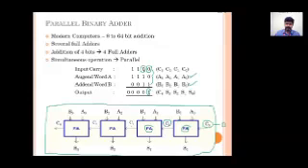Now in the second stage, we are adding 0 plus 1 plus 1. 0 plus 1 is 1, 1 plus 1 is 10. So the sum is 0 and the carry 1 is moved on to the next stage. Now again we are adding 1 plus 1 is 10, 10 plus 0 is 10. So we keep the sum value at the bottom and move the carry, that is 1, to the next stage.